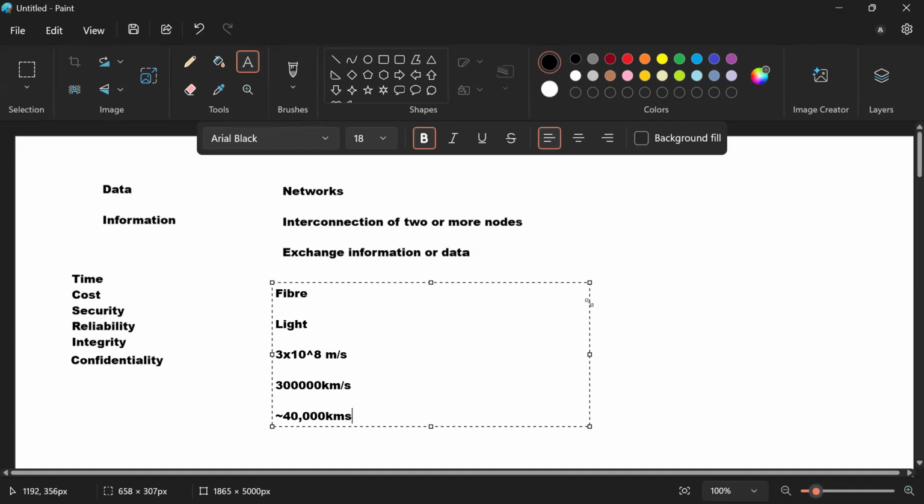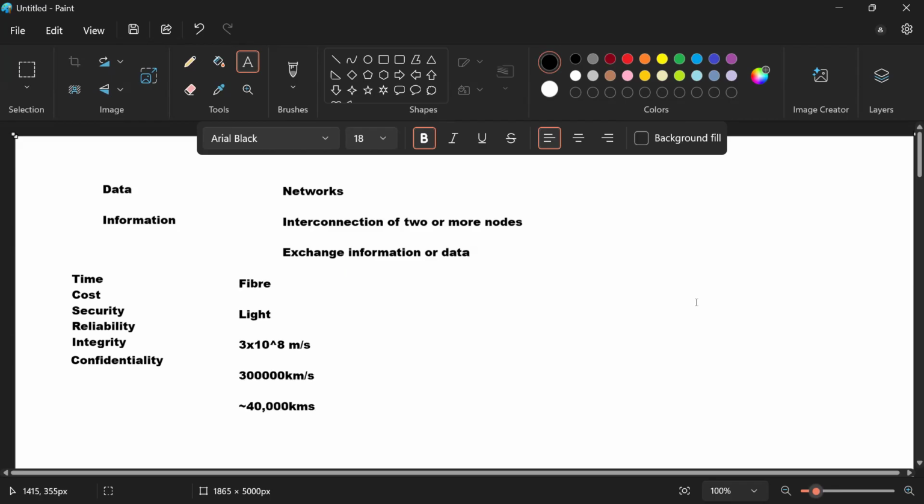That is the reason we are having such fast, lag-free, real-time video calls. There was a time when we used to speak and the signal used to come back after some time, and we had to wait. But now that kind of thing is not there. Why? Because the signals are fast. Okay. This is clear about networks.